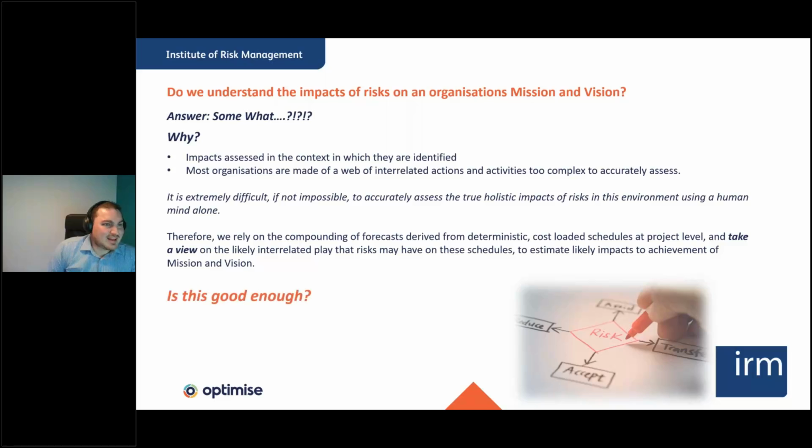So fundamentally, is this good enough? I think in a lot of organisations, we're still on a path of maturity. At the moment, me being a risk professional, I look at it and I think it's probably not good enough when we're getting into significant endeavours, organisations that are spending billions of pounds or dollars of taxpayers' money, or billions of dollars of shareholders' money on decisions that should be driving to the organisation's top level mission, vision, and objectives. We need more confidence.